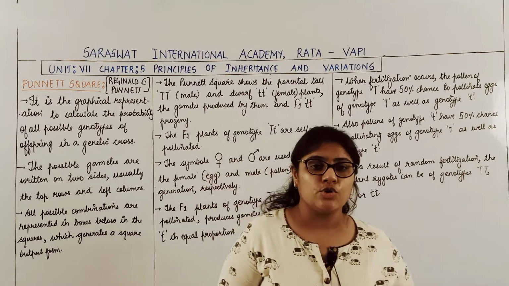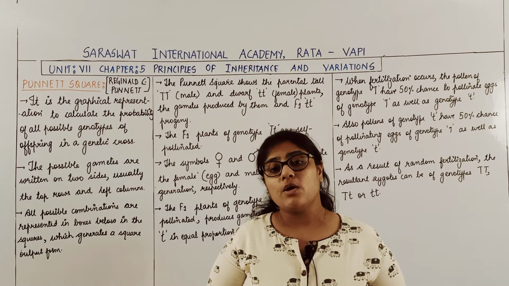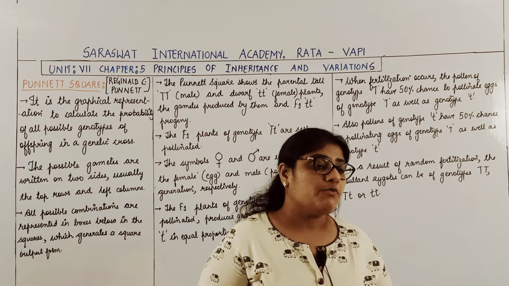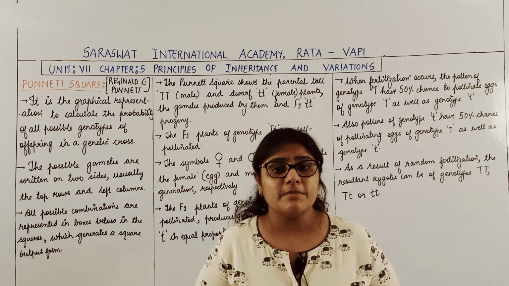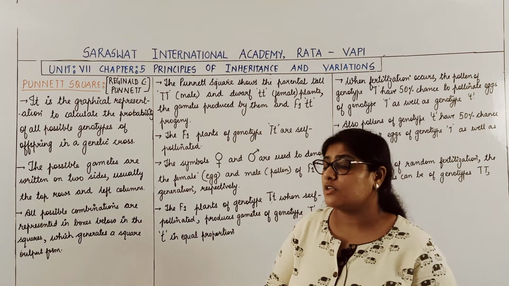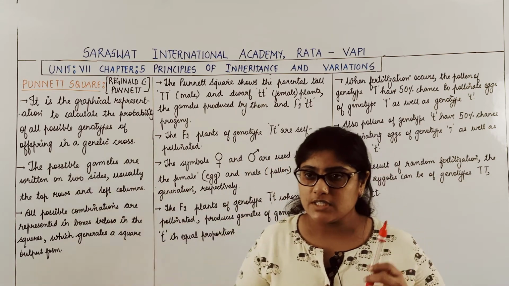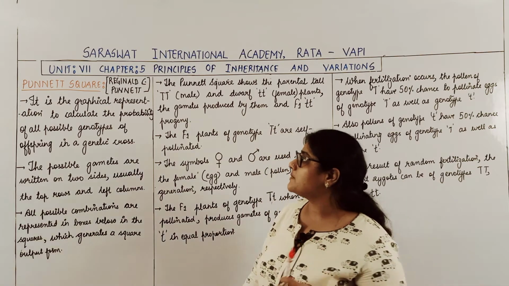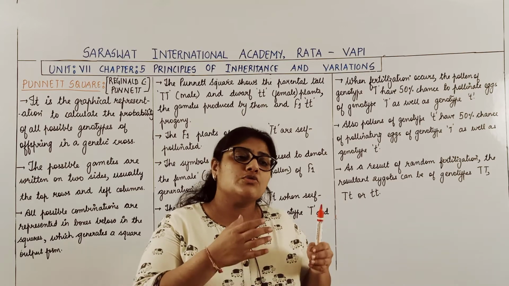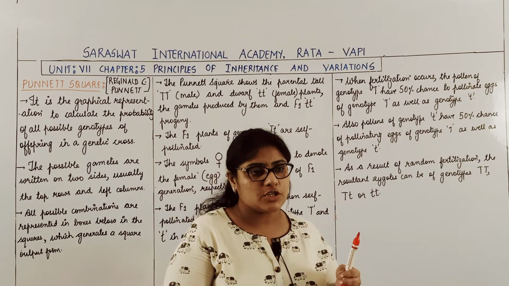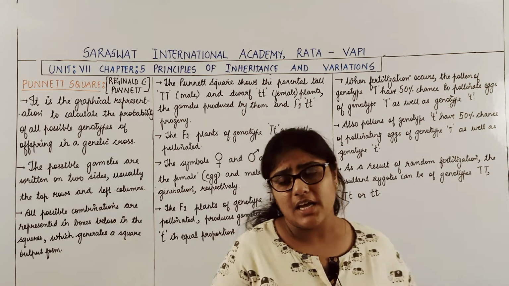So students, our next topic will be the Punnett square. Now students, I told you that which type of gametes are formed, what would be the combination in the zygotes, what could be the genotypes of F1 and F2 plants, that all can be shown diagrammatically through the formation of a Punnett square. So now students, what is a Punnett square? Basically it is a graphical representation to show the possibilities of formation of gametes, formation of zygotes, as well as the genotypes of F1 and F2 plants.